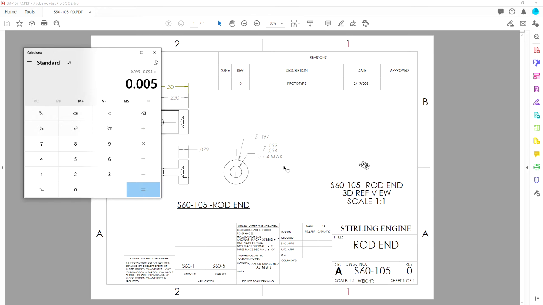Okay, so, and it has a 0.04 max depth, so we're going to put in 0.04, but that's the maximum depth that this drill bit can go, and that's to the shoulder. And I think there's some concern about strength in the area. If the drill bit goes too deep, we lose strength in the tab. We don't want the drill point going through. Okay, so let's go back to SolidWorks,